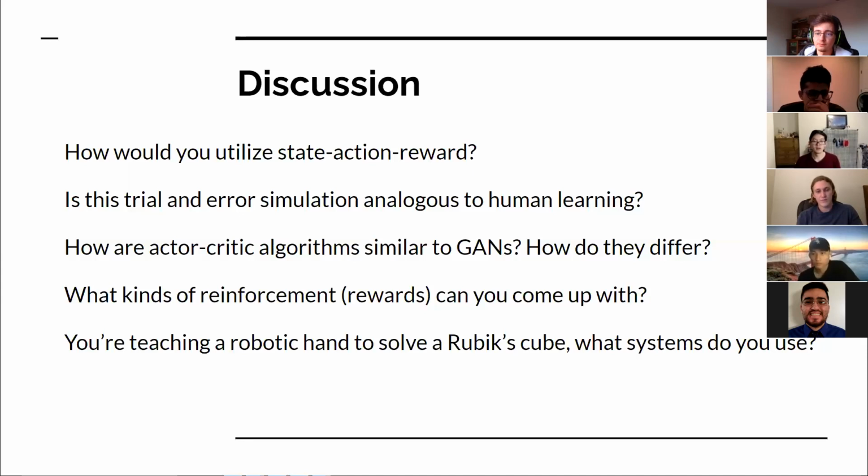Sorry, this is a big block. In the sense that the discriminator is judging the output of the generator, and then it's very similar to the critic judging the output of the actor, which is essentially just a change of state. So in that way, they're the same, but I think it's a bit different because